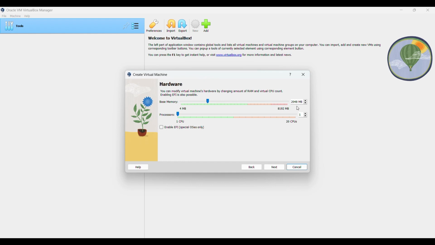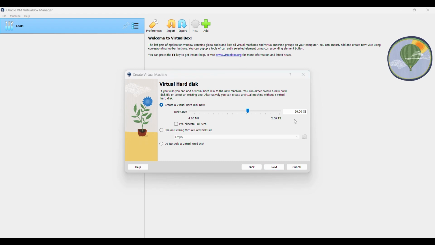By default it's 2 GB here, but if you have 4 GB of RAM in your laptop or desktop, then you have to set it to 1 GB RAM. Like if you have 4 GB of RAM, then you have to select 1024, but I have 8 GB and more RAM, so I have to select 2048 of RAM, which means 2 GB of RAM, and the processor CPU is one CPU, that's correct. And next,